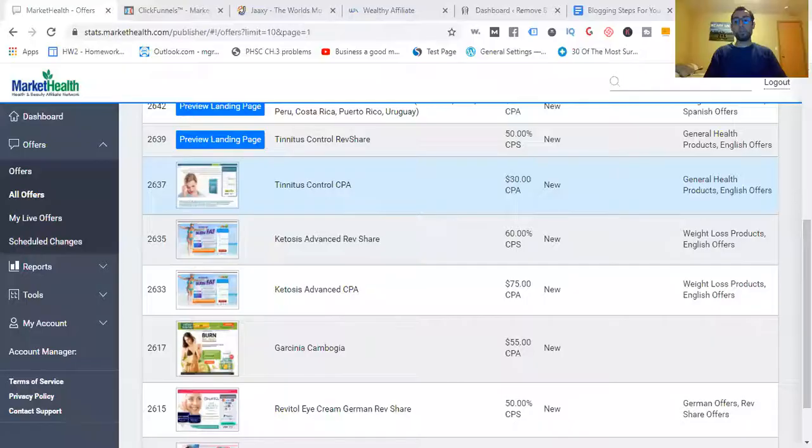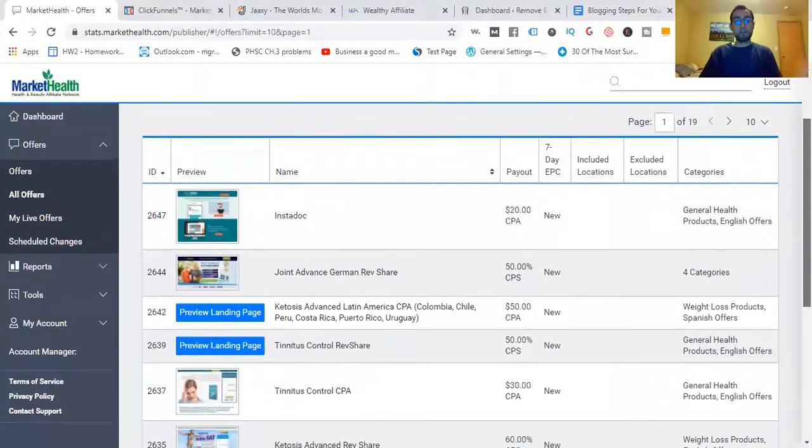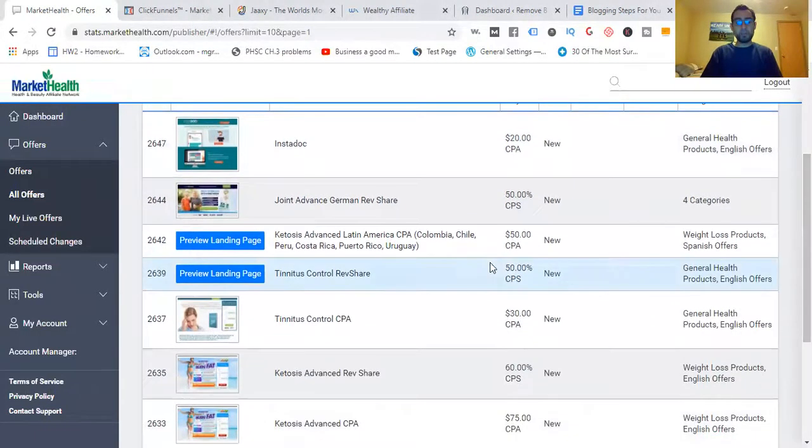So I'm just going to show you some of these products here, right? We're on the Market Health side. I kind of wanted to deviate from just showing you me on screen. I feel more comfortable getting more onto the share screen this way. There are a lot of products that people are searching for on YouTube. So Joints Advanced, German, RevShare, Instadoc, right? Somebody might be looking for this one right here, Instadoc, or it might be the Keto Advanced product right here,